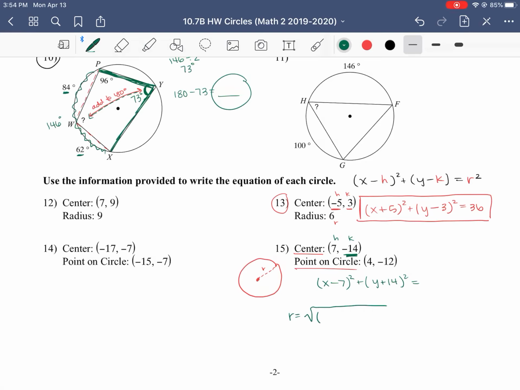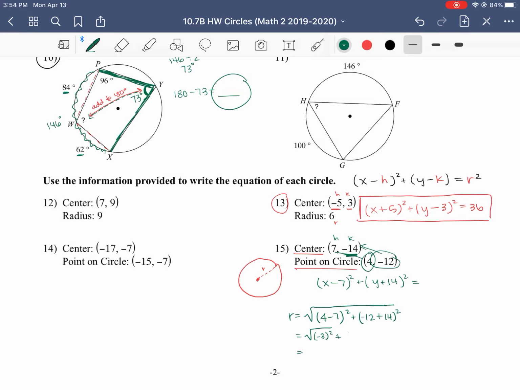It's always the x minus x. So let's say we take 4 and we minus 7. So 4 minus 7 plus negative 12 minus a negative. So if we minus a negative, that becomes positive. And we plug those values in there. So 4 minus 7, that's negative 3